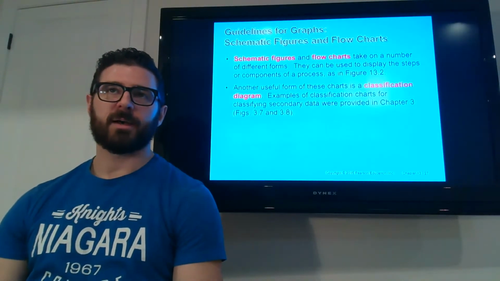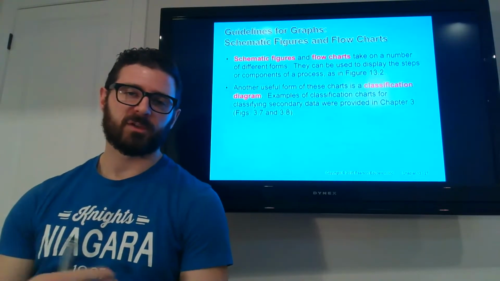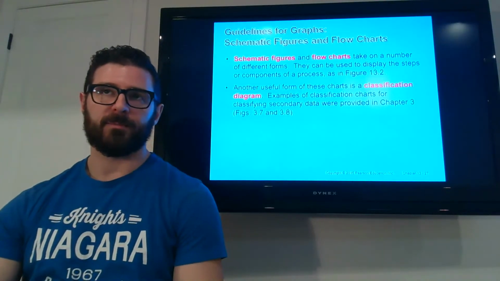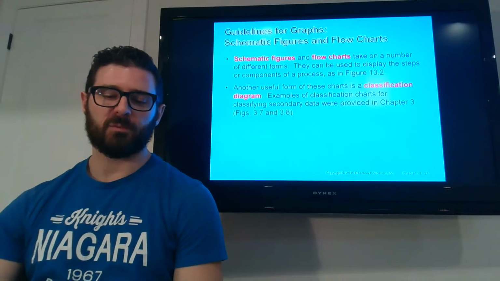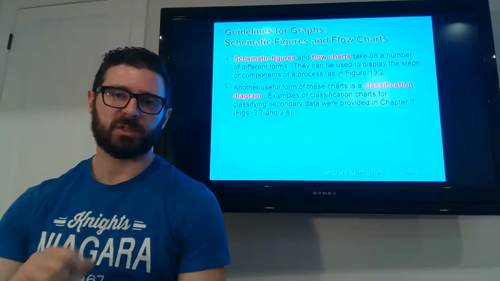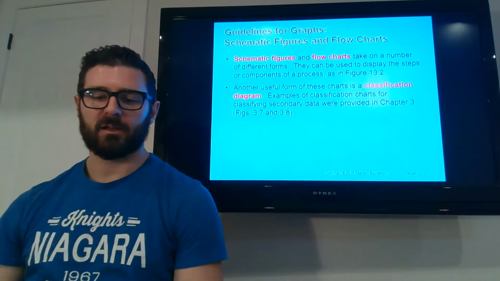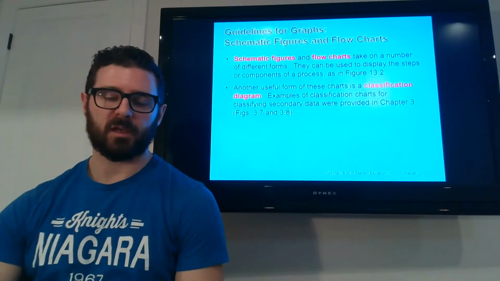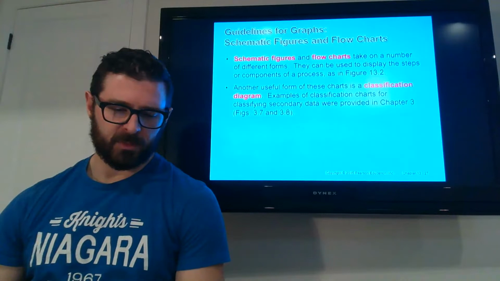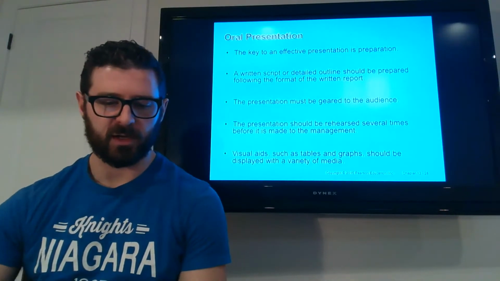So even when you buy something from IKEA and you have those visual assembly steps, that's kind of a schematic. You're showing what to do in a certain pattern or a certain set of steps. And flow charts are kind of a decision tree as well. So if this happens, then move over to here, and looking at the procedures of some event. We're not going to talk too much about classification diagrams, but you can look at those as well.